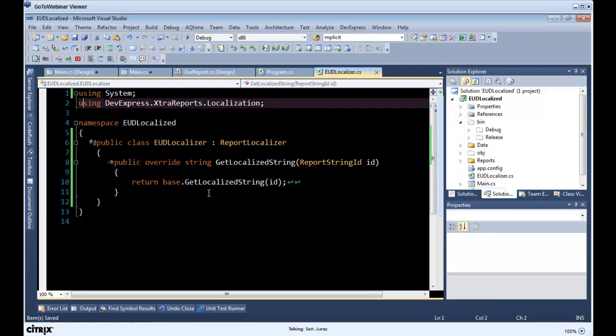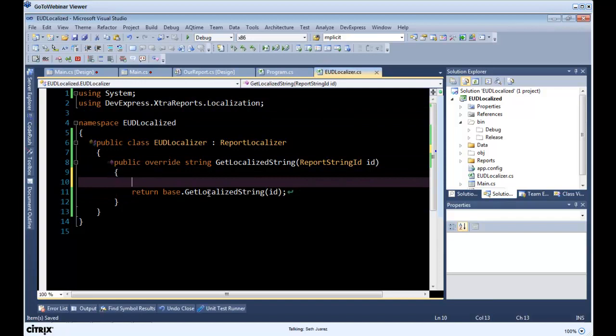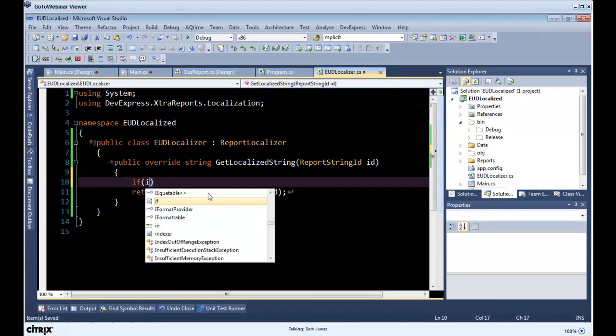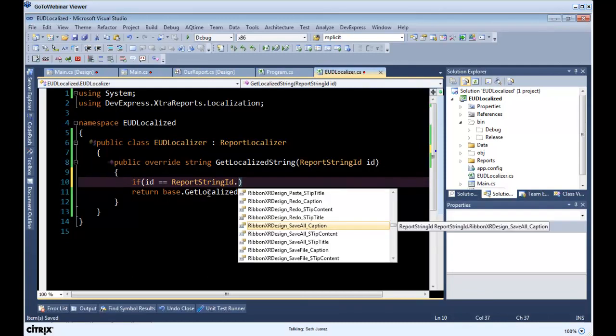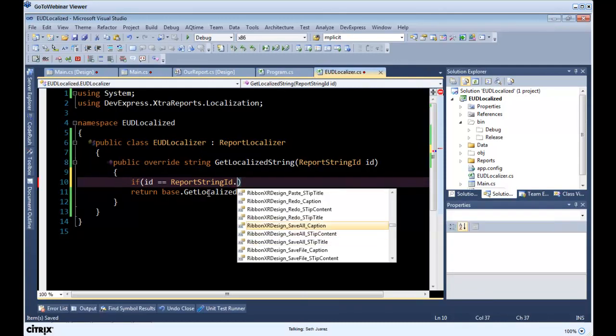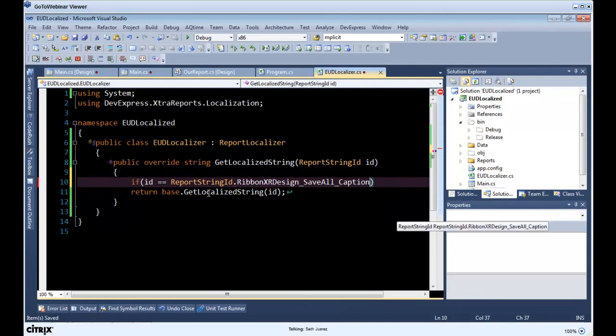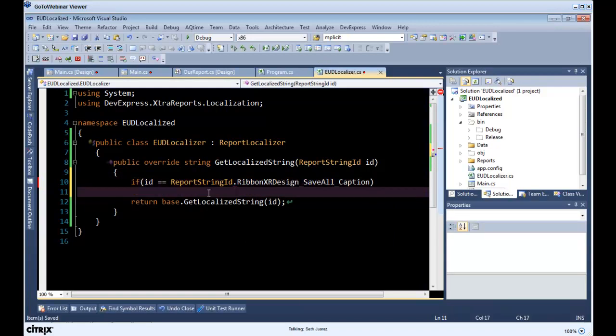There we go. And now I'm going to come here and look at this, right? So I'm going to say if ID equals, and notice that this has some report strings. So let's see. Let's do the save all caption, right? Equals this, return, right? I don't know another way to save, and let me just say français. I don't know what else to say, right? Otherwise,